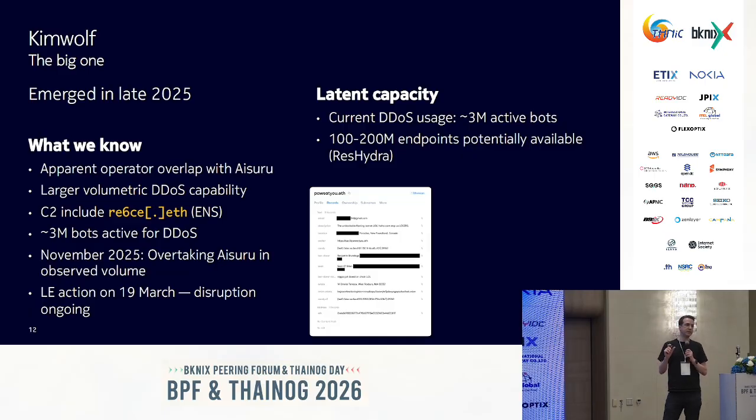But more recently, since November, December last year, it started using another type of DNS-like system, which is ENS. ENS is a DNS-like system that is based on the Ethereum blockchain. And this is what you can see here, which is a screenshot of the ENS record for one of